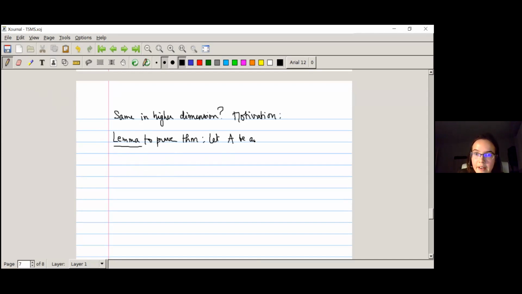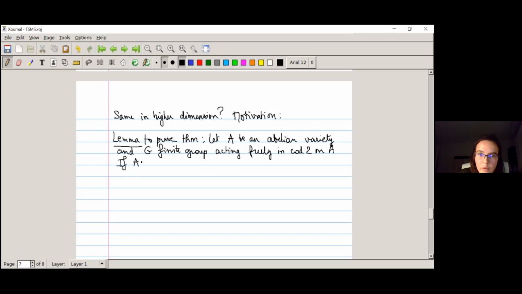Let A be an abelian variety and the same hypothesis as in the theorem, G a finite group acting freely in codimension 2 on A. If A quotiented by G has a resolution that is Calabi-Yau, then G is generated